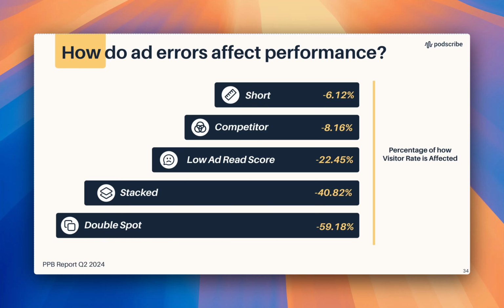Double spot was at the top, which means you buy an ad on a show and then maybe you're doing an impression buy, and then we find the exact same ad twice or more in one episode. So you're virtually guaranteeing a listener of that episode is hearing it, right off the bat the minimum frequency is 2. So interestingly enough, that ties back into our earlier report on frequency, so maybe that one's not the most surprising.